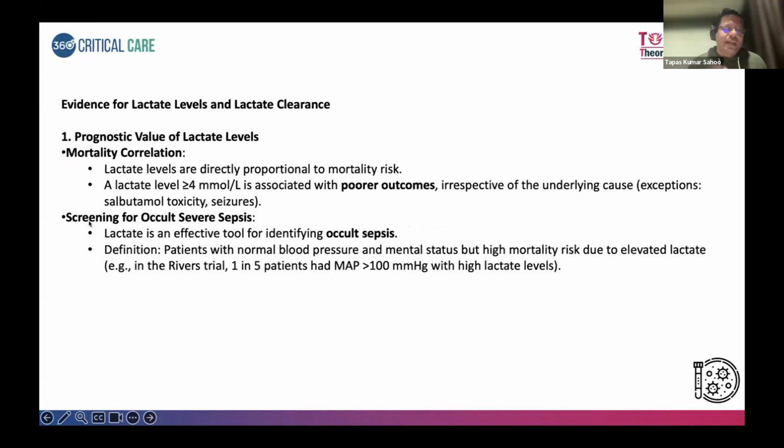Now, if you are getting lactate to be high, but your patient is having normal blood pressure and mental status, what will be the outcome? Lactate is an effective tool for identifying occult sepsis also. That means if your patient is perfectly fine, normal blood pressure, good GCS, but your lactate continues to remain high, just as in the reverse trial, 1 in 5 patients had a MAP of more than 100 millimeter mercury,